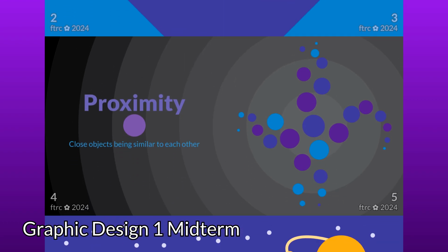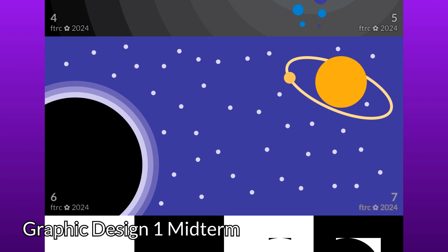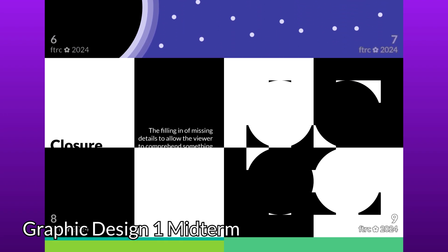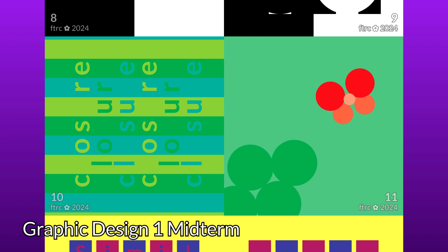We began on pages 4 and 5 with proximity. These pages show a bunch of circles with blue, blue-purple, and purple colors arranged vaguely into these arm-looking figures. Pages 6 and 7 depict the cosmos with a black hole, planet, and a whole bunch of stars. Page 8 begins the closure section, with page 9 showing parts of circles being revealed by inverted square portions. Page 10 shows the word closure repeatedly mixed in with the background, and page 11 shows a butterfly preparing to